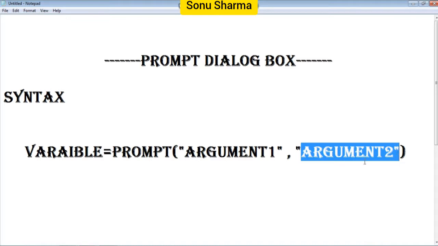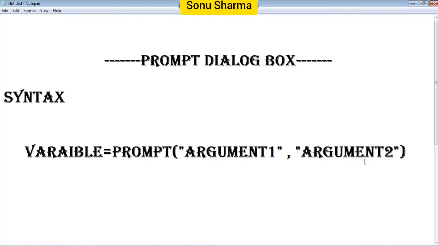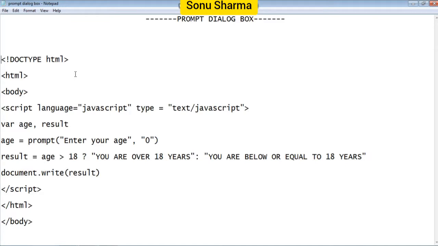Let us understand this prompt dialog box by one example. Here you can see the code of a prompt dialog box where we will give a dialog box in which you have to enter the age. The variable is age, and the result will be stored in the result variable. So age equal to prompt, which is our prompt dialog box statement, then "Enter your age".